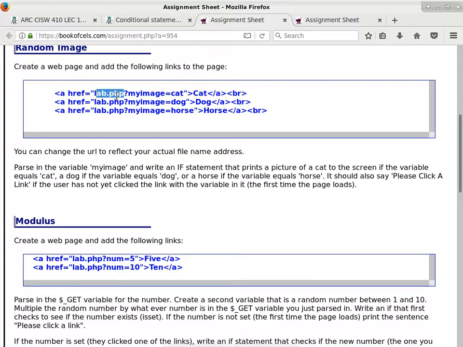So the part after a href equals is supposed to be the URL of the page that we're working on, or the name of the page we're working on? It is the page itself. Whatever page you're creating here, whatever that name is, you're supposed to put it here. Okay, and also